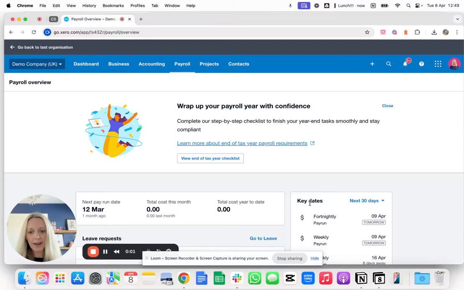Through payroll year end on Xero. So I am recording this for the 24-25 tax year. So 24-25 has just ended. We're going into 25-26. So I've just come into the demo company and payroll and overview, and it's brought me